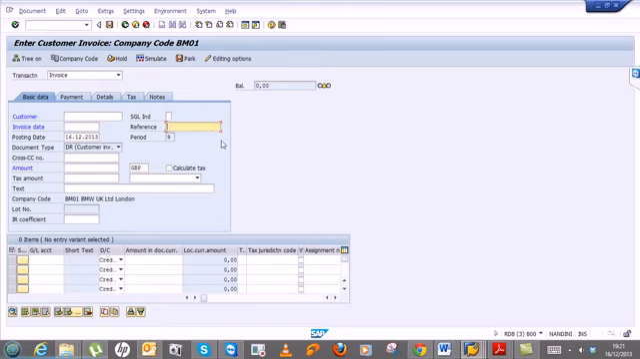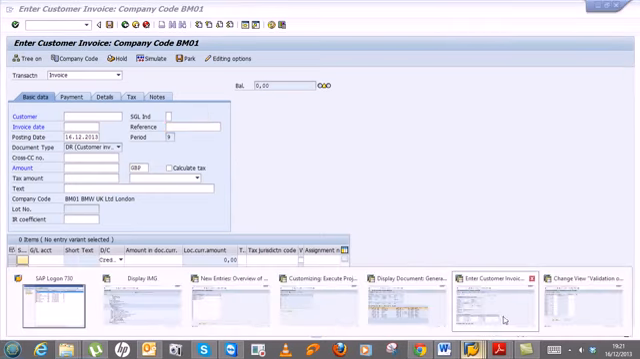And also the document header text. I want the document header text to say limited time offer. So that's my scenario. In order to substitute this,